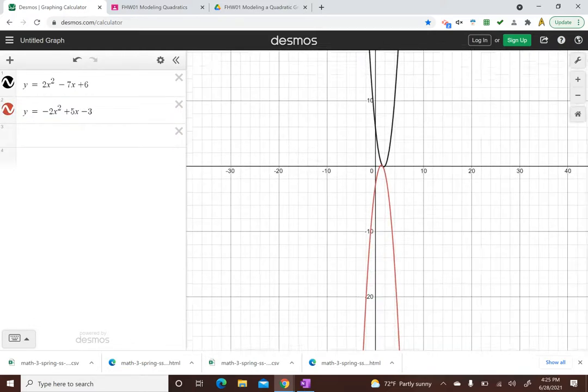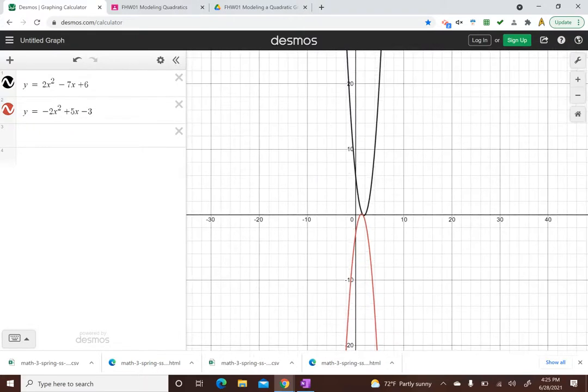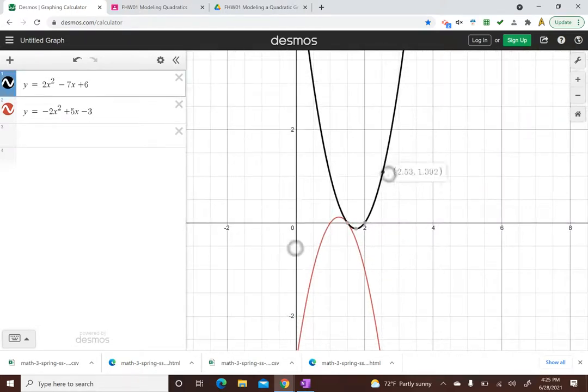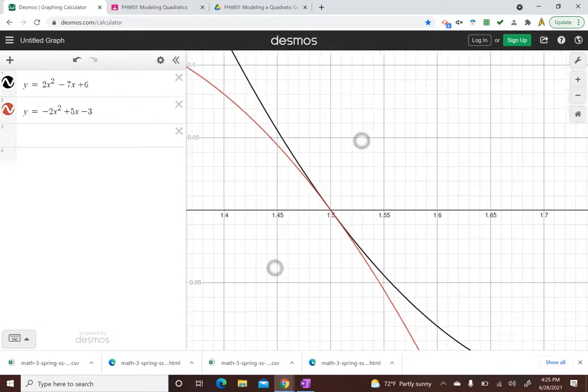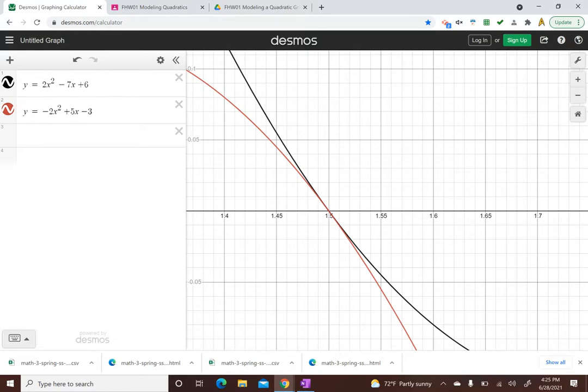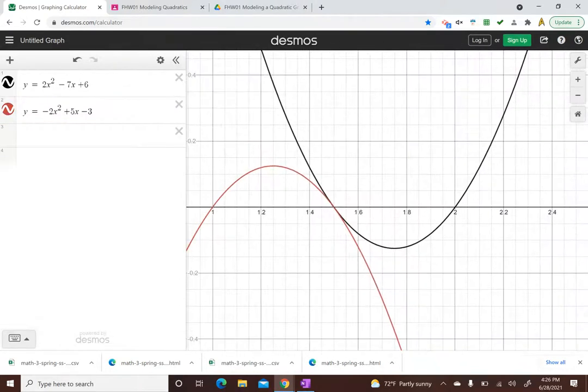Okay, so here in Lord Desmos, or Prince Desmos, whatever you want to call it, we have an upward opening parabola and a downward opening parabola. And when we zoom in some more, we don't see an obvious crossing of one over the other. That's because they just kiss each other at one point, and that is at x equals 3 halves, which is 1.5, comma 0. Okay, so that is the common point of intersection